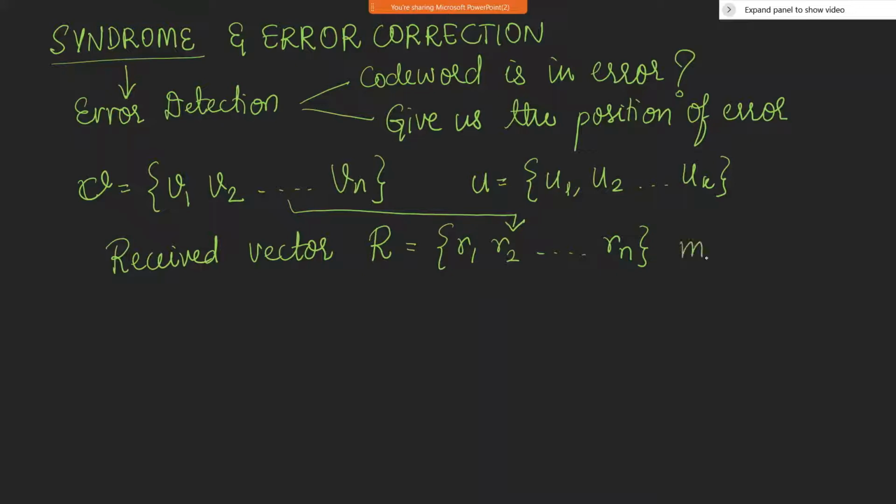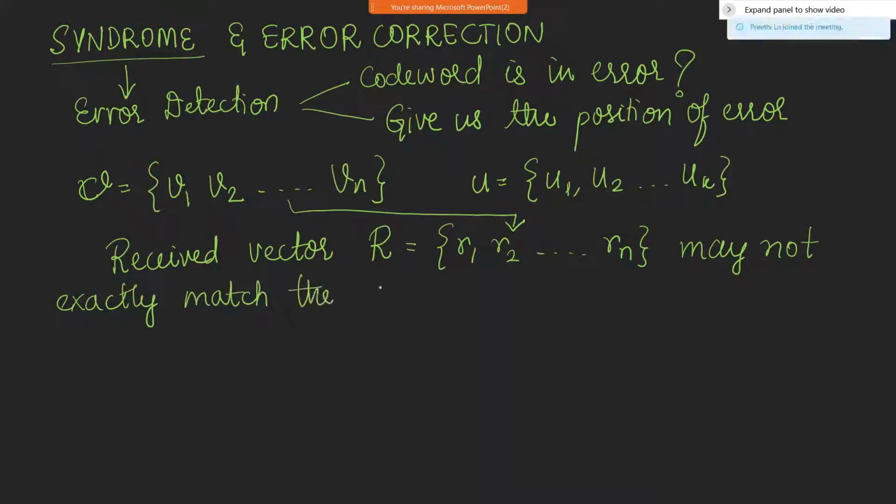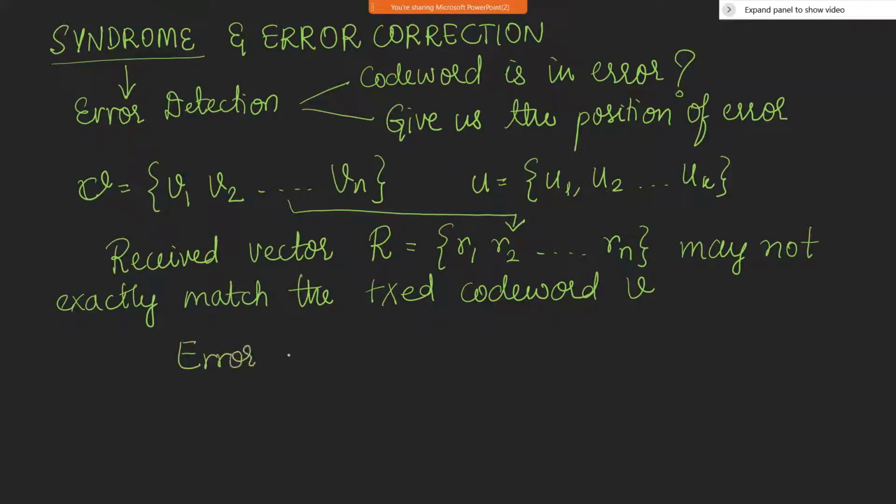and may not exactly match the transmitted code word V. So in that case, we will have to recognize what is known as the error pattern. We are going to recognize the error pattern that has changed the code word vector V into the received vector R. This error pattern is again an n-bit vector,